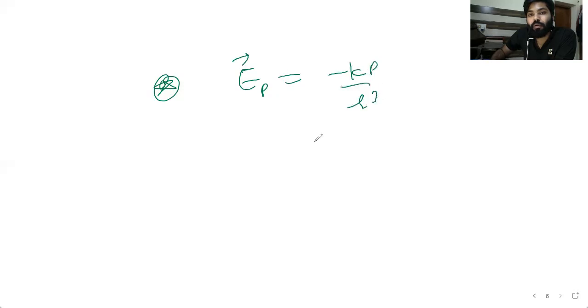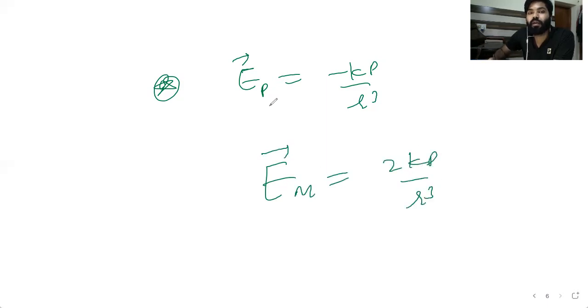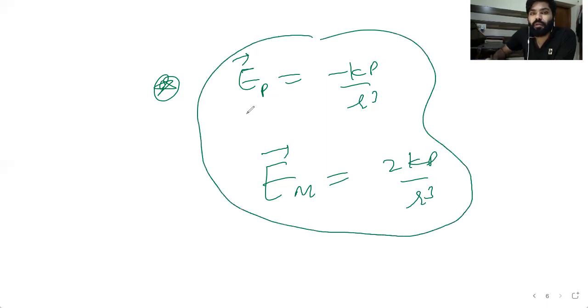So let me sum up all this discussion. The electric field at equatorial point P is minus kp over r cube, and the electric field at point M, which is the axial point, was 2 times kp over r cube. You can see some relation between them: both are in opposite directions and one is 2 times the other. You can develop some logic for this, or you can see it simply from the expression. Okay, I think it's getting long. Sorry. Thank you.